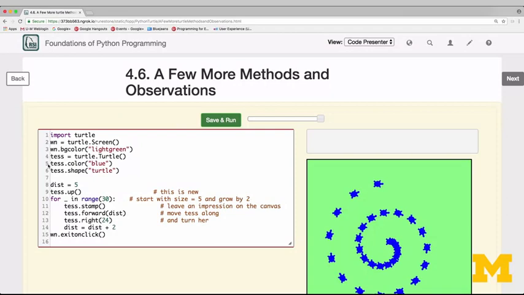First, as before, we've seen things where Tess is getting a color, in this case blue. We also changed her shape. So instead of being that little abstract triangle representing a turtle, now Tess really looks like a turtle. On line 9, we introduced a new method called up. What that does is lift the pen up off the paper so that when Tess moves, she doesn't leave a